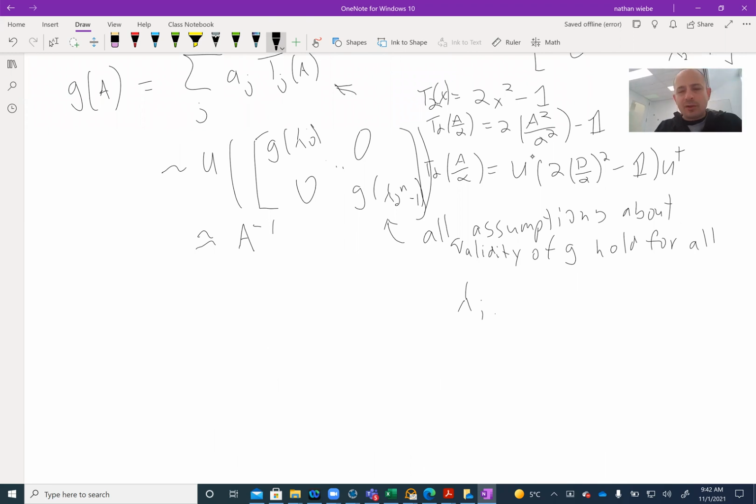Okay, so under those assumptions, that all of our previous assumptions end up holding, then this is true. The thing that we end up requiring is that lambda i is in the set D, which again was this set, minus 1 to minus x min, union x min to 1,